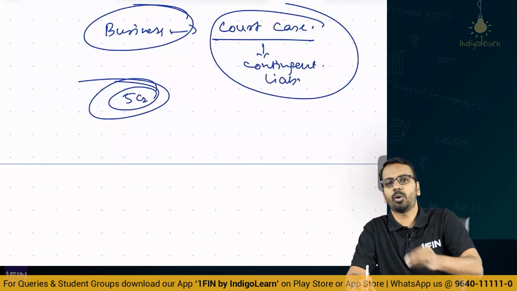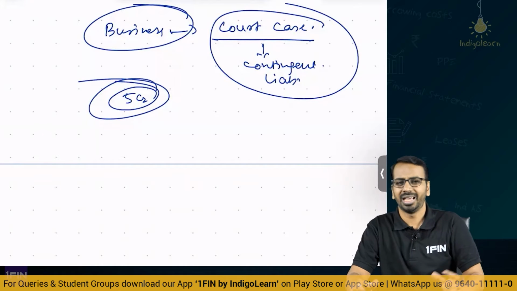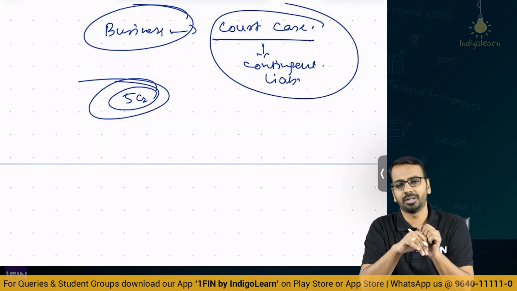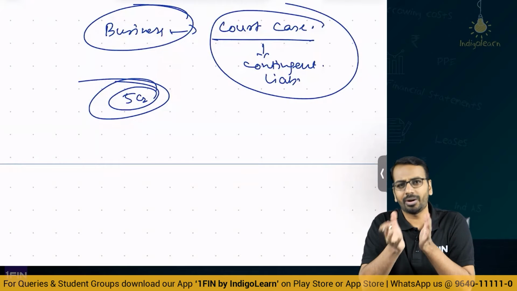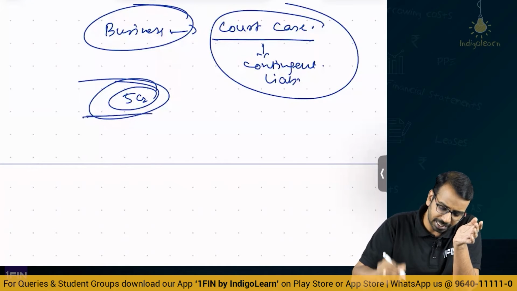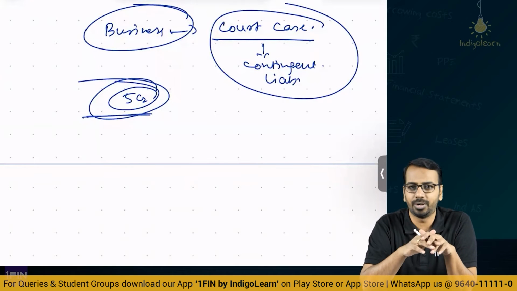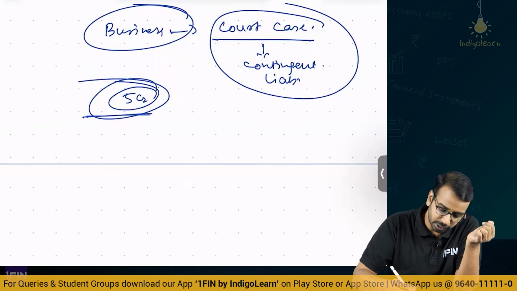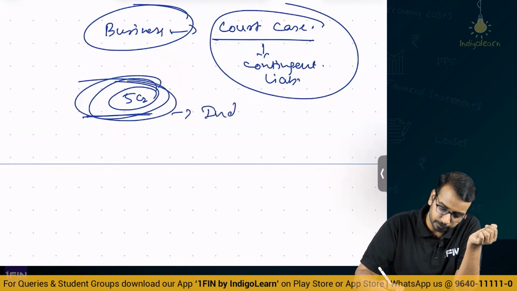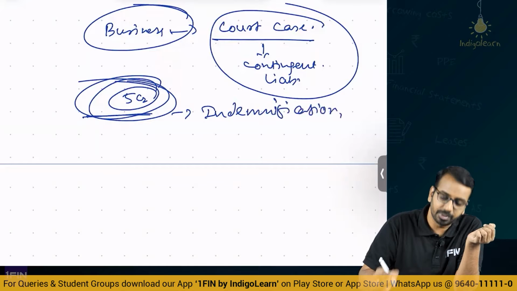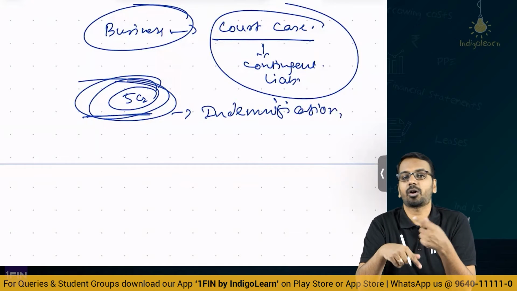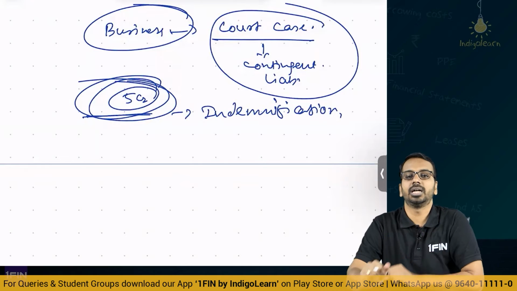For example, if I acquire Byju's, IndigoLearn is acquiring Byju's. Now Byju's has a lot of court cases going on. So Byju Ravindran says that you acquire the business, up to 5 crores, if there is any liability in the future, we will pay against that contingent liability or some other liability. It need not be contingent, right? So this 5 crore is called indemnification. They are indemnifying us, they are compensating us against a future liability.